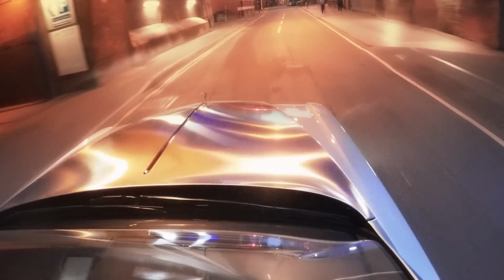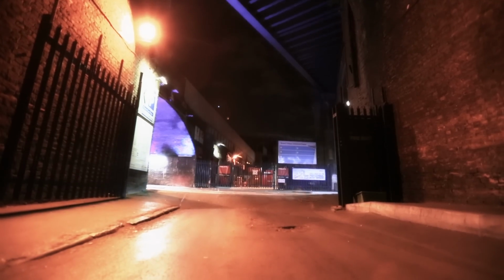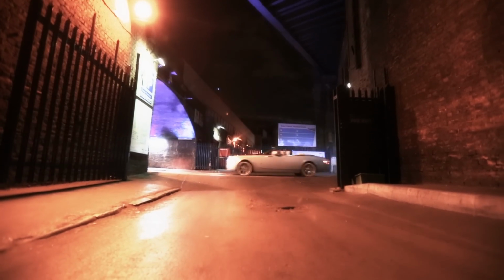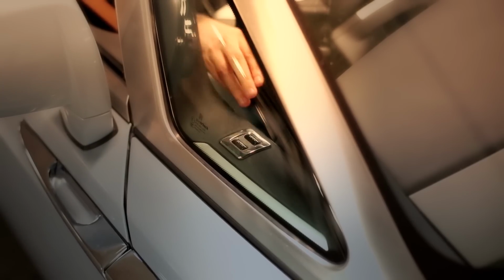Anyway, that's the kind of nitty-gritty of driving, but that's not what it's like to drive. What this car is like to drive is unlike anything. And this is not the whole supercar vernacular of, oh my god, it's the fastest thing I've ever driven, it's going to tear my face off. It's not that kind of car. You get in the car, you don't close the door by yourself, you press the door button and it does it for you. The Phantom Drophead allows you to experience the world around you, but from the lap of utmost